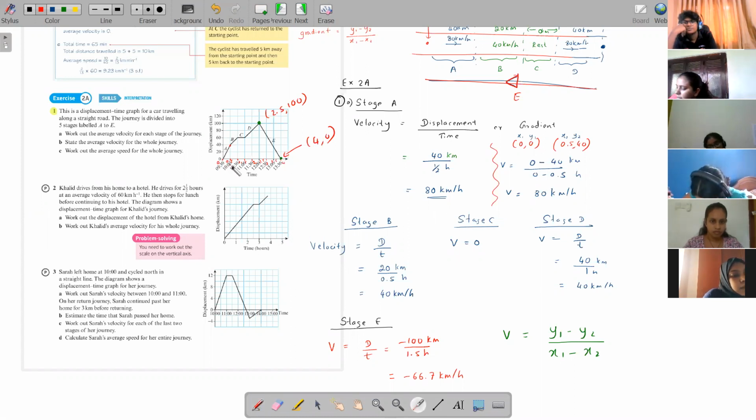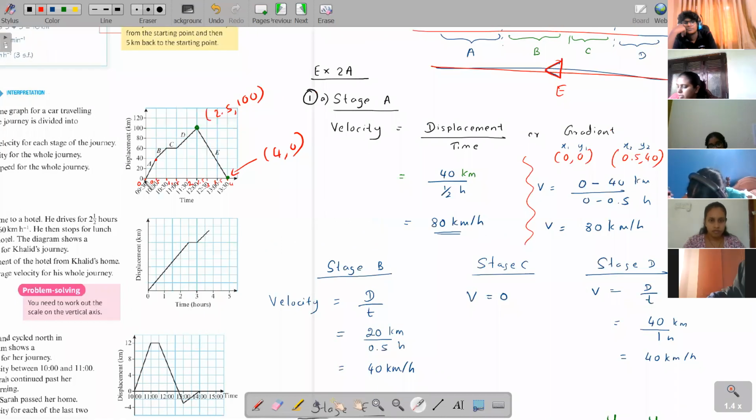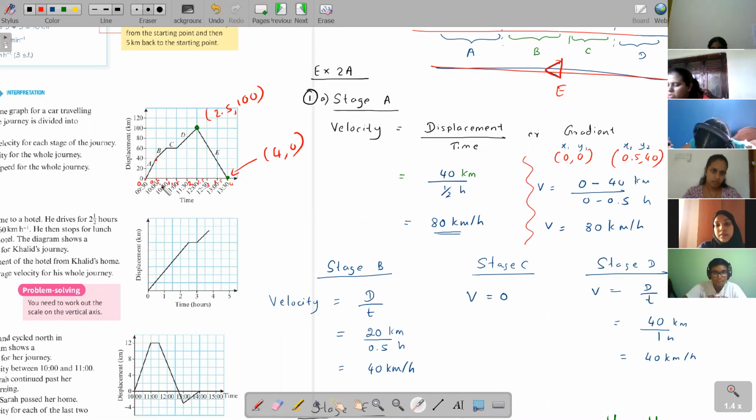I have put here each and every small square is 0.5, 1, 1.5. You can see the way I have marked. If you are having trouble with these coordinates, tell me. When you're putting coordinates, children, you can't put 9:30, 10, 10:30. So the x-axis has to be properly written. That's why I wrote the x-axis starting at 0. Then 9:30 to 10 means half an hour, so that's why I put 0.5. So you can see the way I have marked here, right? I hope you all can understand.